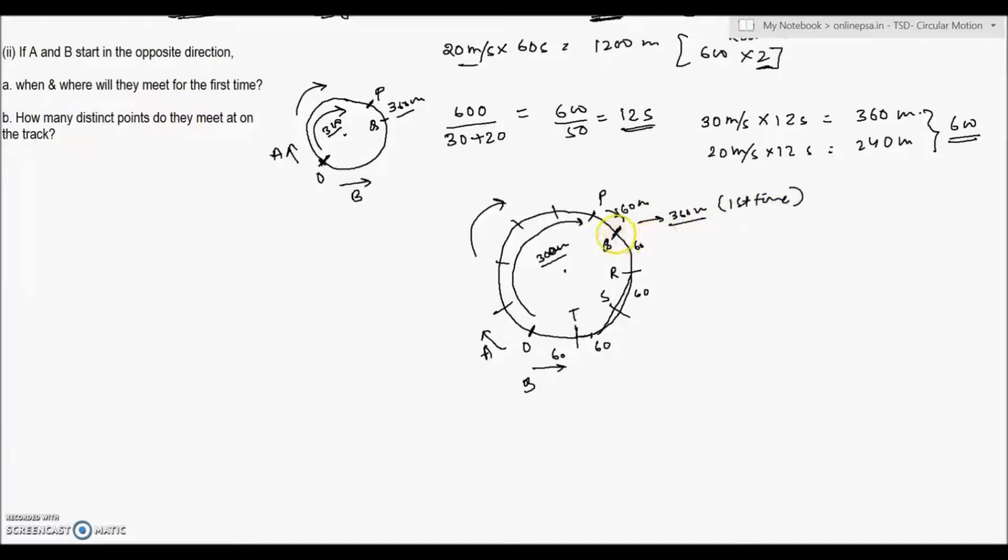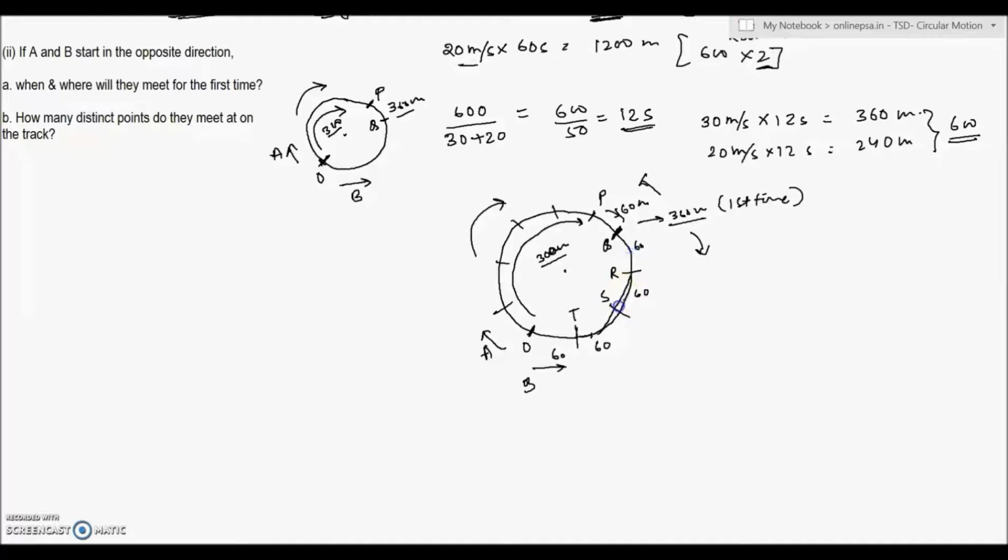Now let us think about when they start from here and A moves in this direction and B moves in this direction, where will they meet again? So we can consider Q to be just like how it was O for the first case. So they will cover another 360 distance. A will cover another 360 distance and B will cover another 240 meters in the opposite direction to meet, right? So this will be